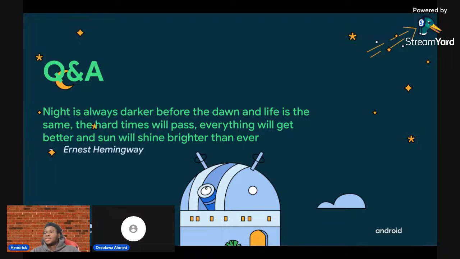Are there resources that are beginner friendly? Yes, there are resources to learn Jetpack Compose. I mentioned developer.android.com.